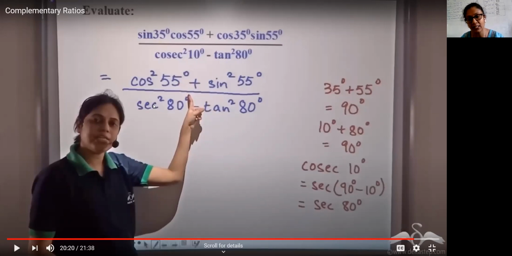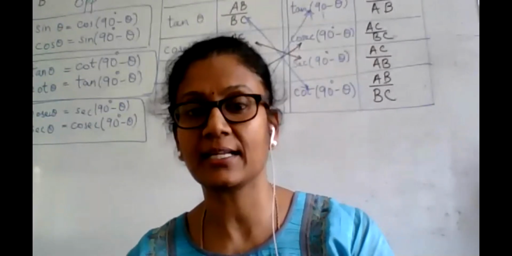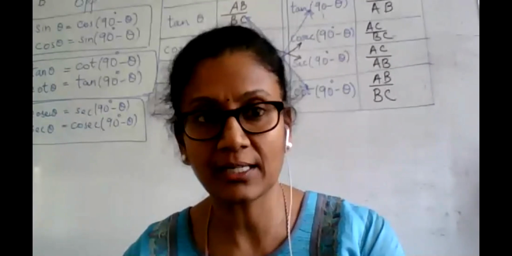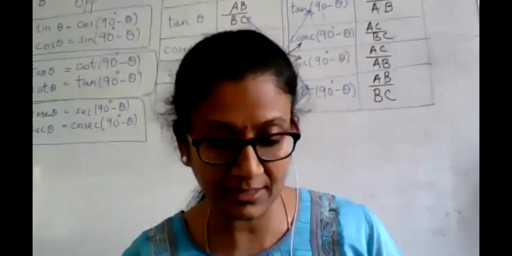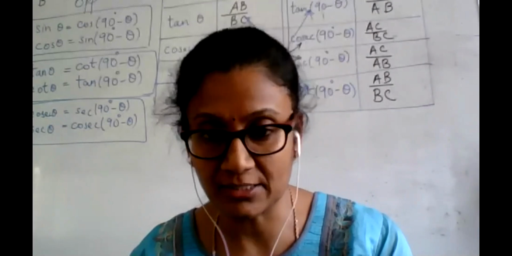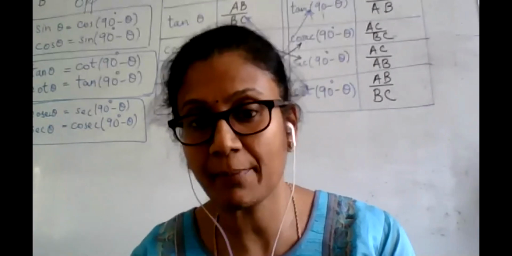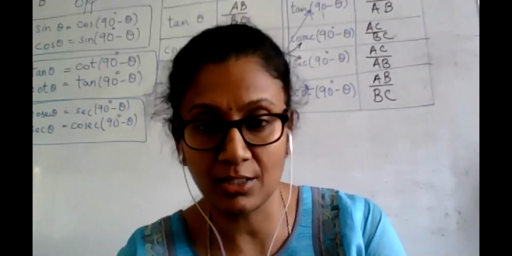So I think we will end our class here. This simplification we will take up once we are doing the identities, because both in the numerator and the denominator she is going to use the identities. I'll stop my screen share here and come back to the board. If you have completed writing these ratios, we will stop the class here and meet tomorrow. With respect to tomorrow's recall, you must be able to recall the ratios followed by specific angles, and today I have introduced 3 pairs of complementary angles. All these complementary angles also will be included in the recall tomorrow.